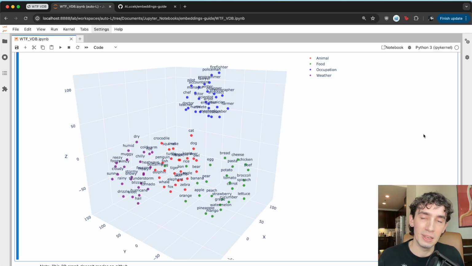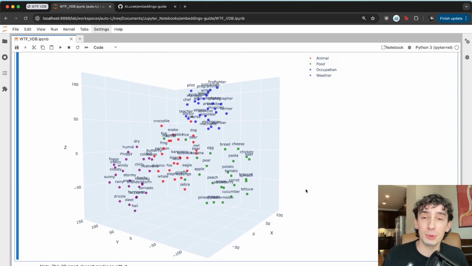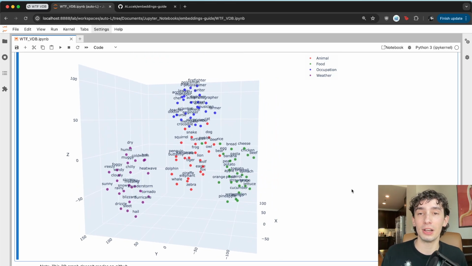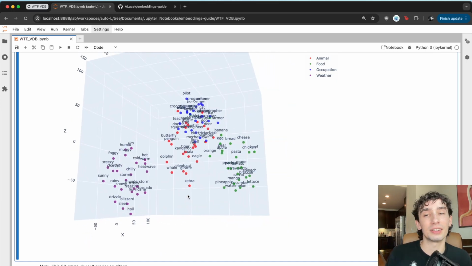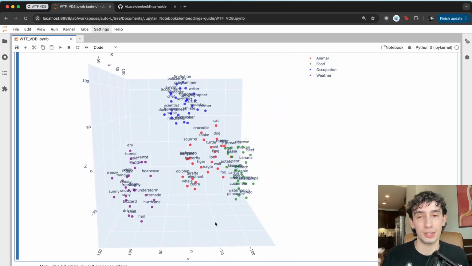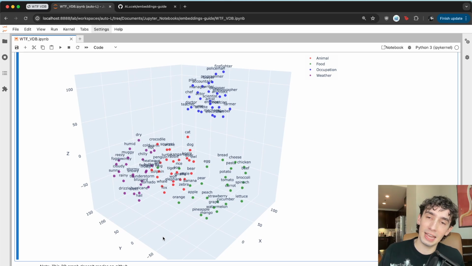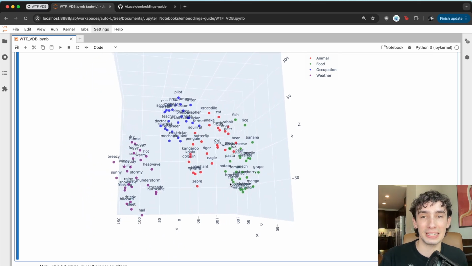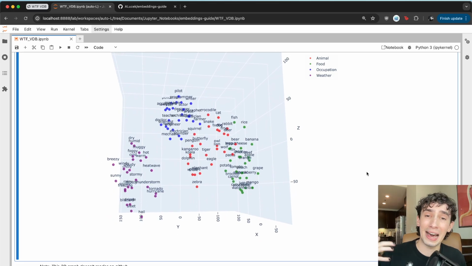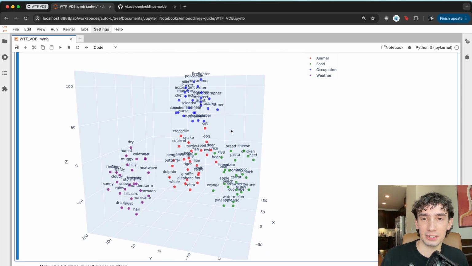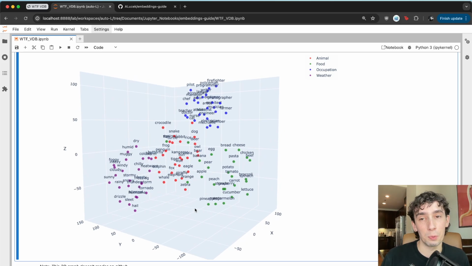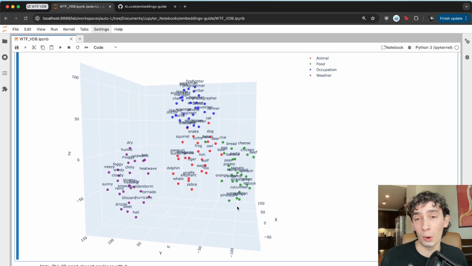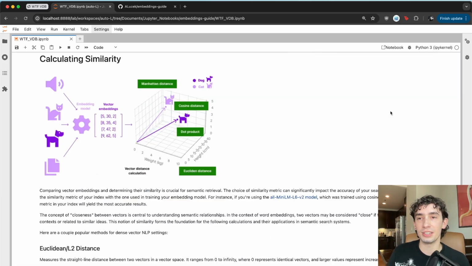But of course, this is where the visualizations unfortunately stop for us, as we don't necessarily understand things in a higher dimension than 3D. But you can imagine that the more dimensions, the more specific an idea can actually be captured. And so that's the idea of the high dimension embedding vector of something like a word, a piece of content, or an idea. So as we've been seeing, similar things are actually placed in similar places in high dimensional vector